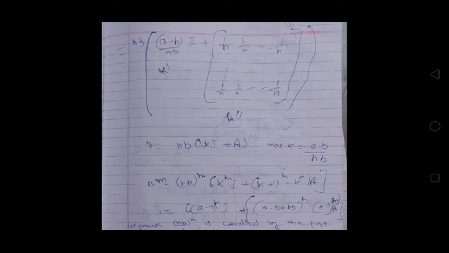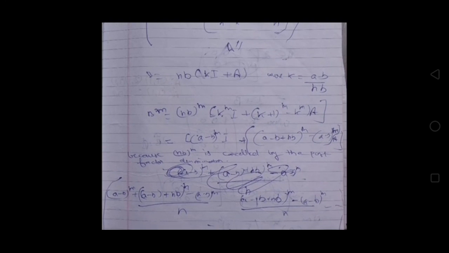B matrix will become equal to nb into (k into identity matrix plus matrix A), where k is equal to (a minus b) divided by nb. B raised to power m is equal to nb raised to power m into [k raised to power m into identity matrix plus ((k plus 1) raised to power m minus k raised to power m) into A], bracket closed, is equal to